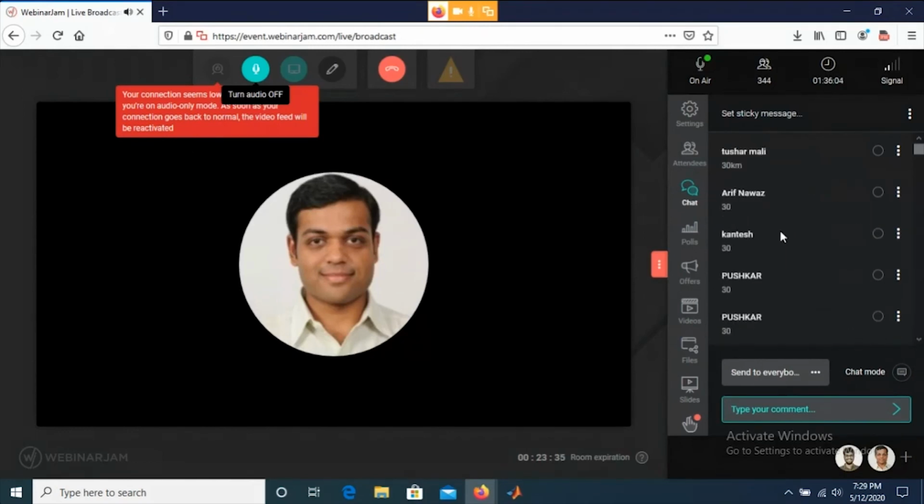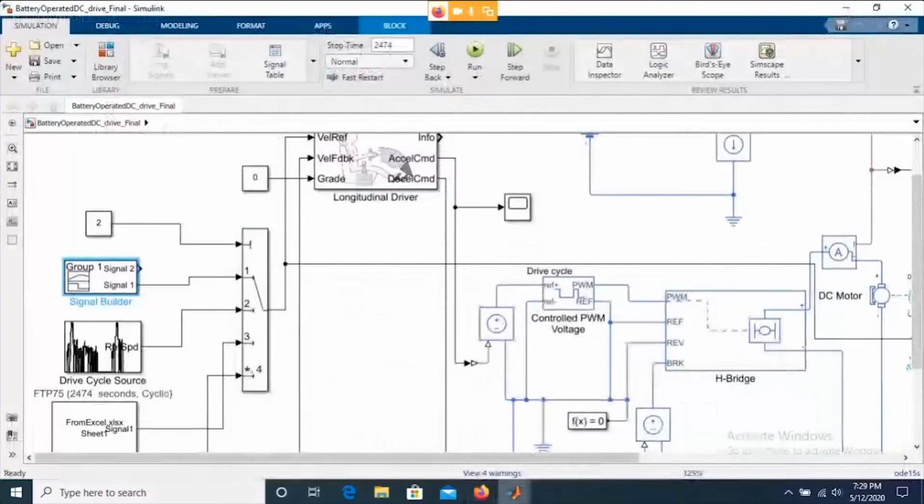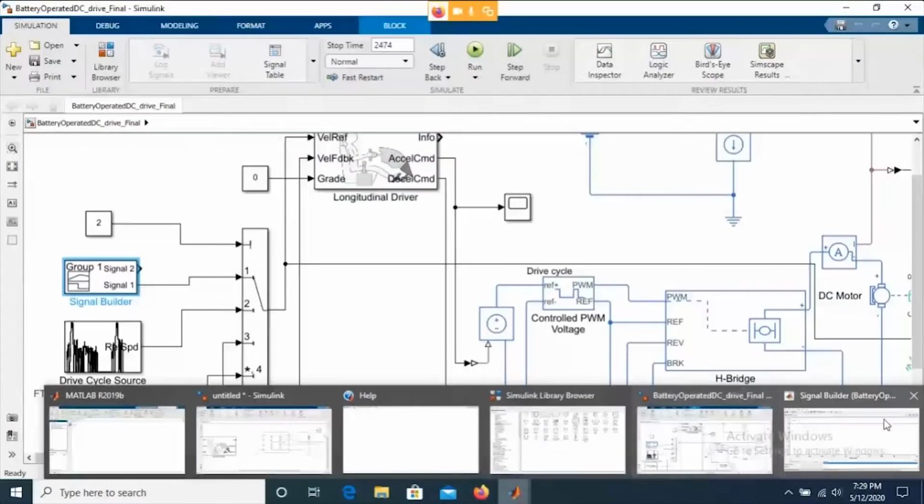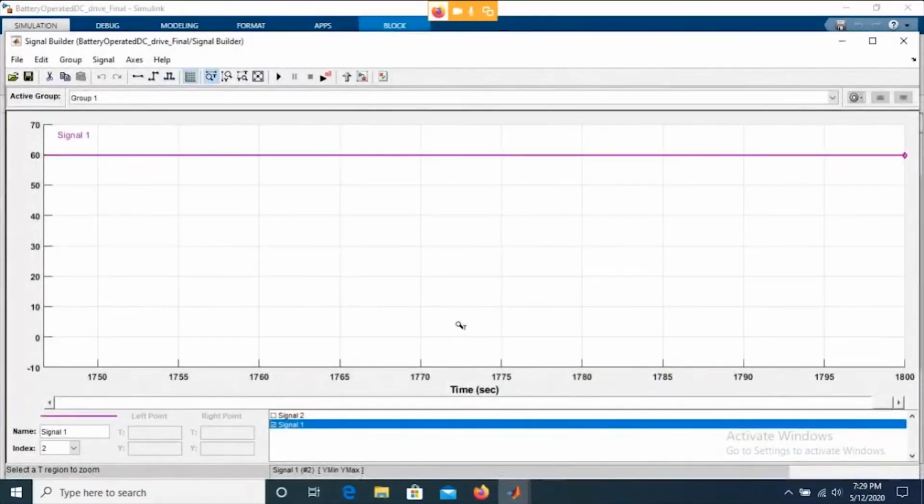30 kilometers, right? If I go for half an hour, that is exactly 1800 seconds. So 30 minutes is around 1800 seconds, and it's going to be 30 kilometers. At 60 kilometers per hour, if I travel for 1800 seconds, the vehicle should ideally cover 30 kilometers. So let's check out what will happen if we simulate like this.